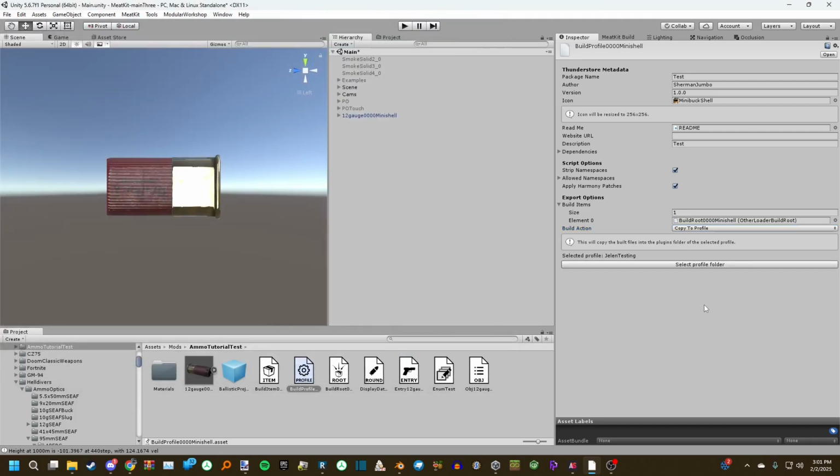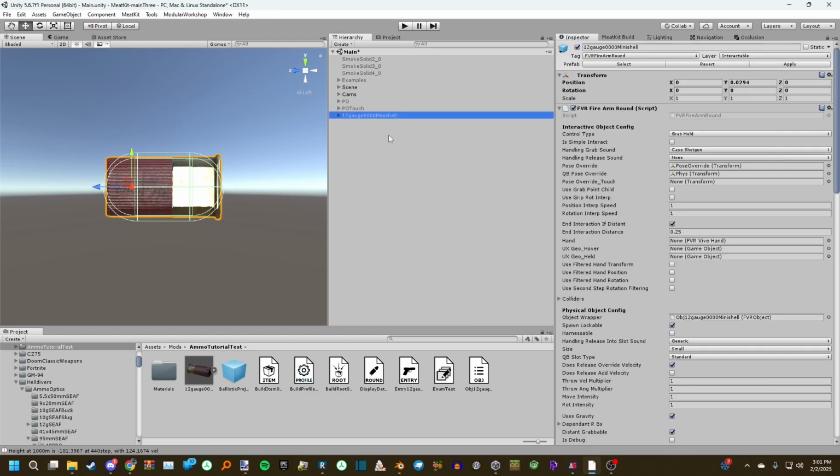Okay, so if you were content with just making a very basic bullet, you would build your mod and test it to make sure you can stick it in a gun and fire it, and that the chamber looks right when you insert it into chambers, and that it loads and you can do whatever the hell you want with it. However, if you want to do fancy stuff like submunitions or tracers, keep watching, because it's time for submunitions and